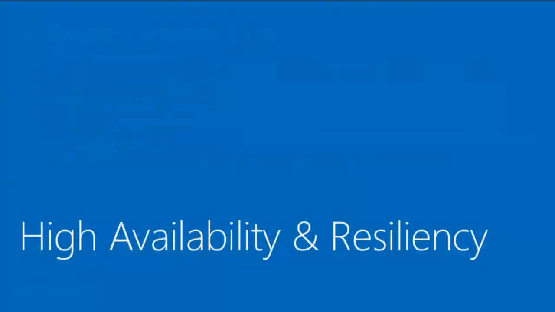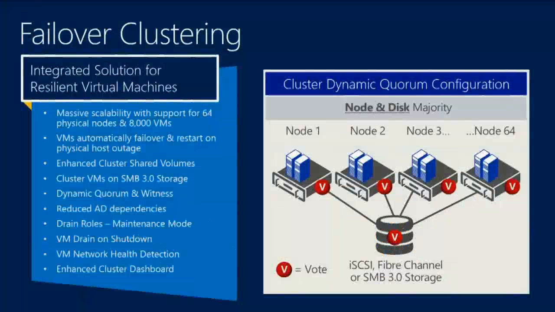So, to wrap up the final section with high availability, not everyone realizes that Hyper-V and failover clustering is in the box for free with Windows Server and Hyper-V. It's in Hyper-V Server. It's in all editions of Windows Server now, Standard and Datacenter. So the HA capability is there across the board. And it allows me to provide a level of resiliency for my virtual machines. If I lose a physical host, VMs will go down, and they'll restart on another node in that